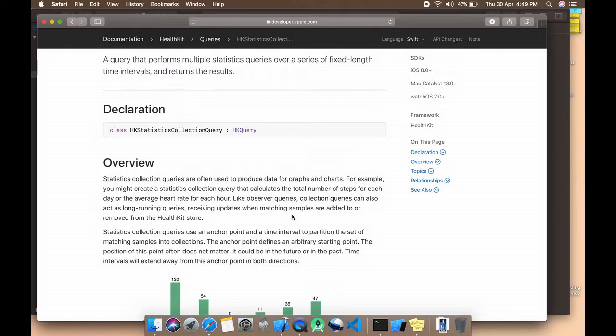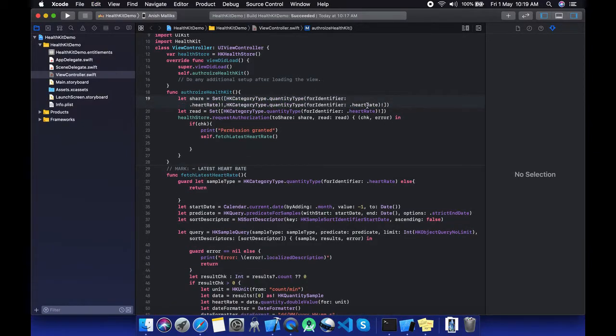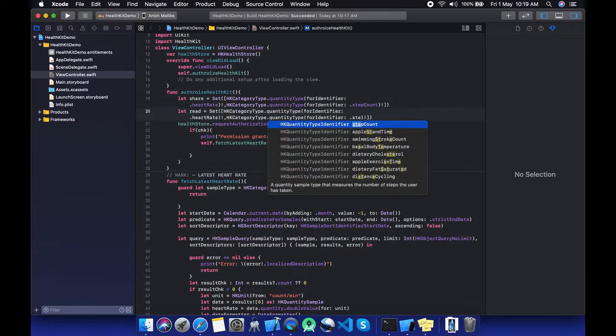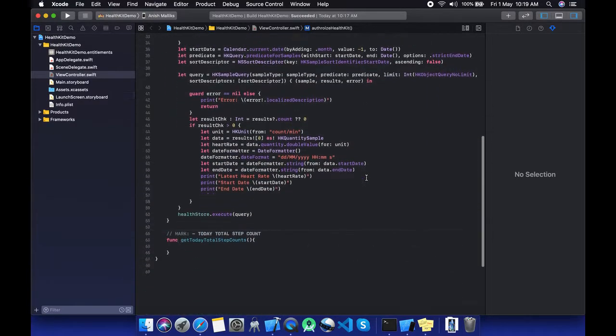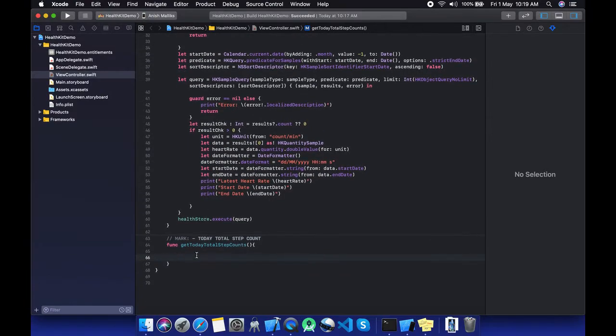So let's begin, and let's ask for the permission first. Okay, now instead of the sample query we are going to use HK statistics collection query.